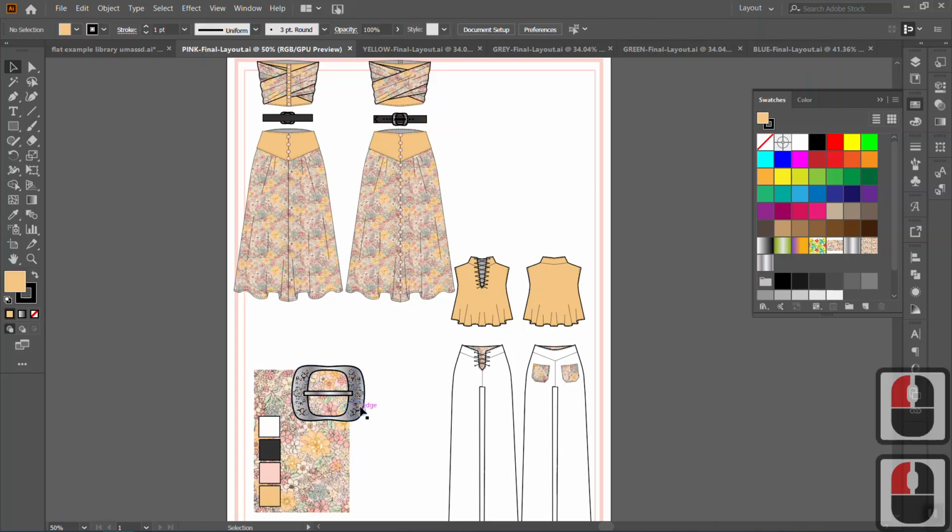She spent a lot of time drawing these elements and bringing them into Illustrator and using a clipping mask to define them, or crop them, inside this belt buckle. But in her flats, that detail is so small, so she blew it up and highlighted it on each page, which is a great option. So if there's something you worked hard on that you don't think is reading well in the original,